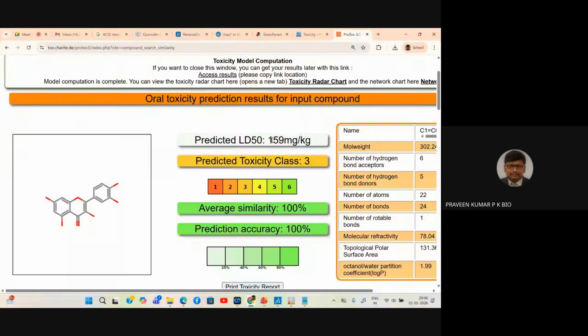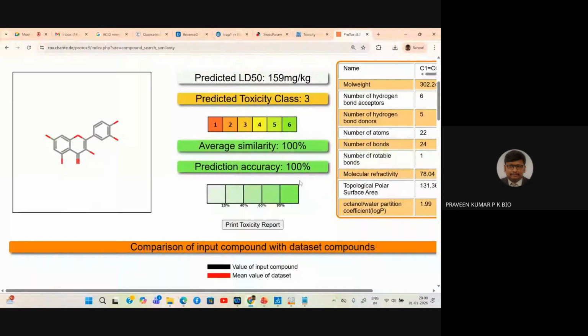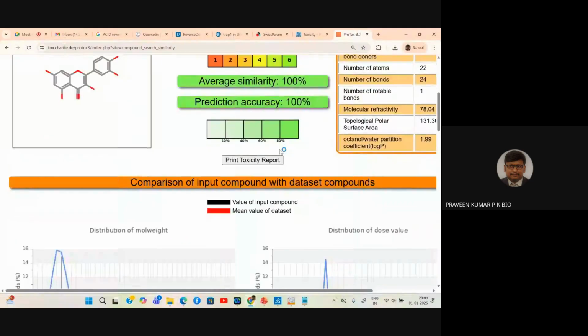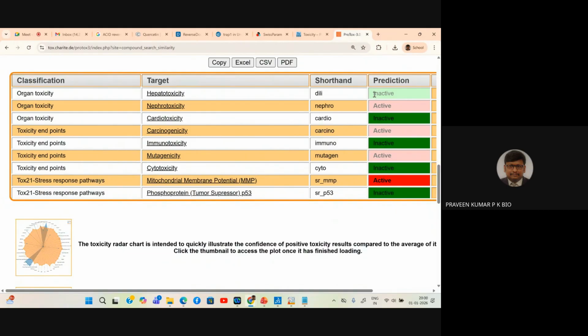Okay, this has saved us time. When my PhD scholar started working on the effect of an anti-cancer drug on mice, whatever we got, we just took this kind of drug dosage and treated with it. We don't find any toxic effects. If you see this compound's results at the bottom, in our case, whatever effect quercetin is showing inactive means it can cure hepatic related problems,